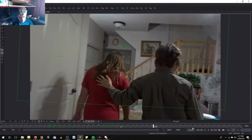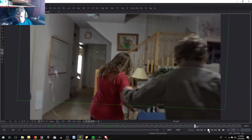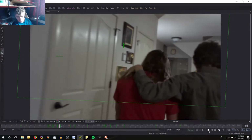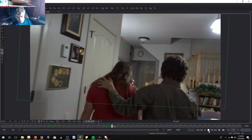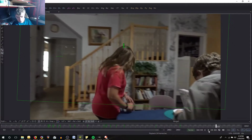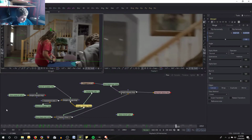But let's get to work. This is a fun conversation. I don't mind continuing this on. But, so we're watching this to see what needs to be done. So we got some positioning work. Turn my earbuds down just a bit. So we have some positioning work to do, as well as